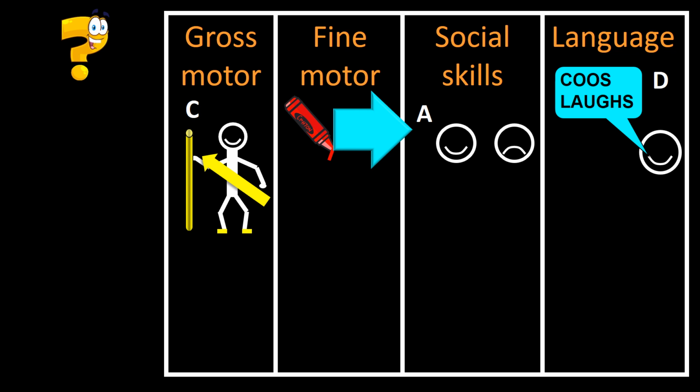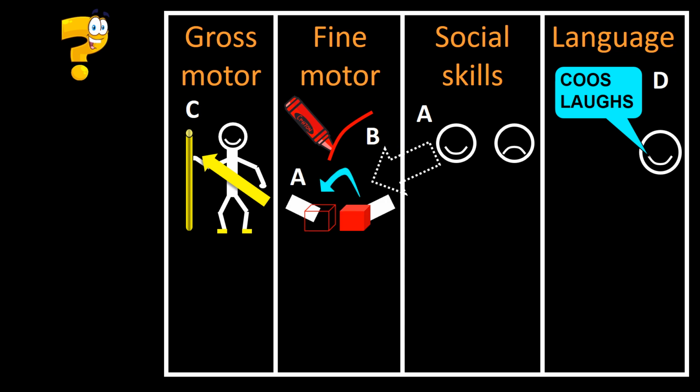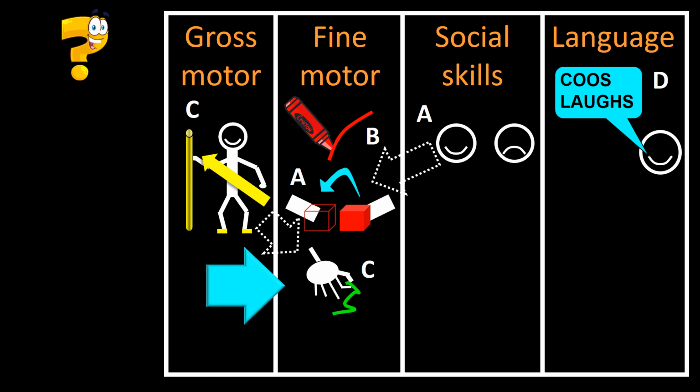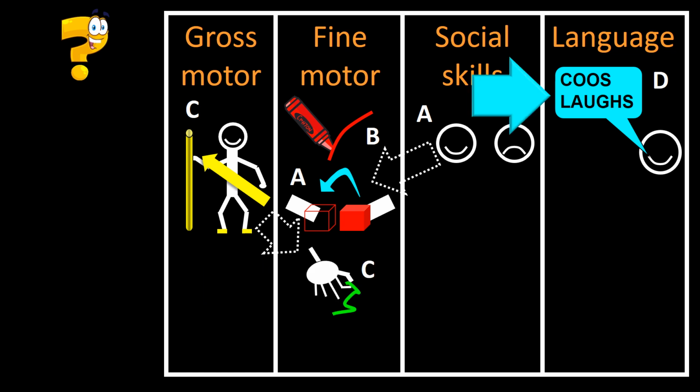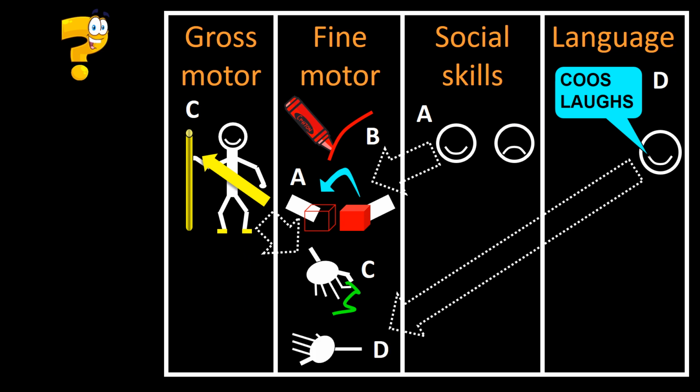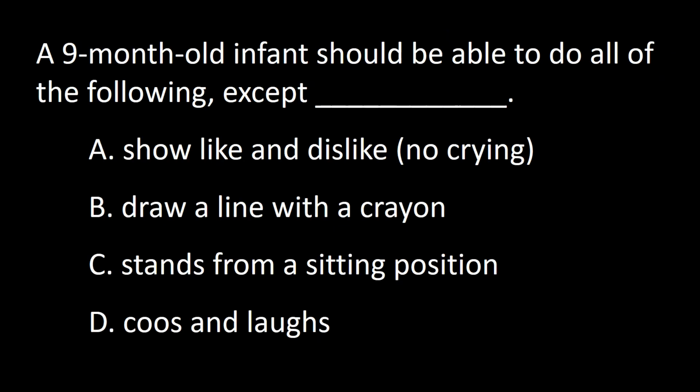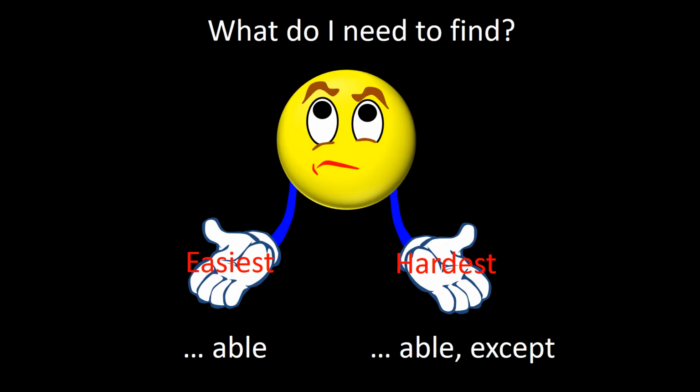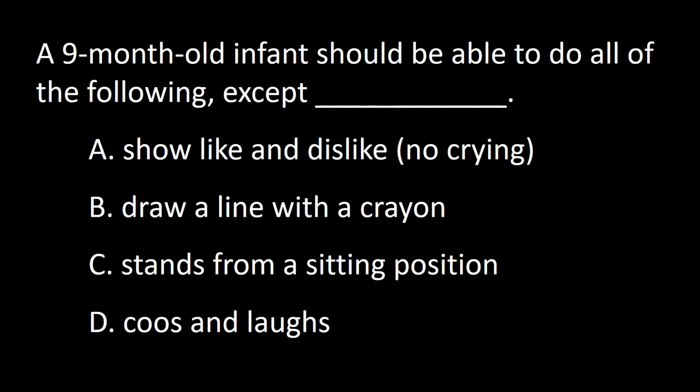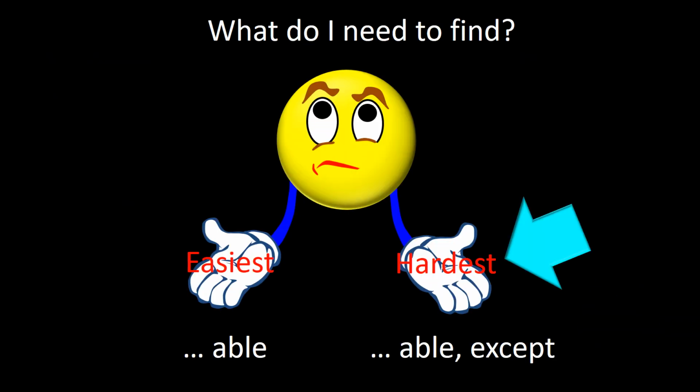Hence, showing likes and dislikes other than by crying, converted to fine motor area, corresponds to transferring. Standing up converted to fine motor area corresponds to using pincer grasp. And coos and laughs converted to the fine motor area corresponds to hand opening. We then go back to the question and look at the stem to find out what we need to select. Since in this question we find the word able and except as indicated here, we need to look for the